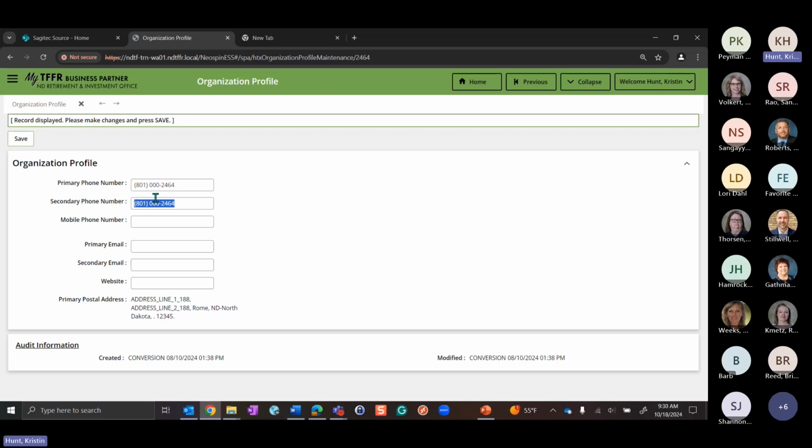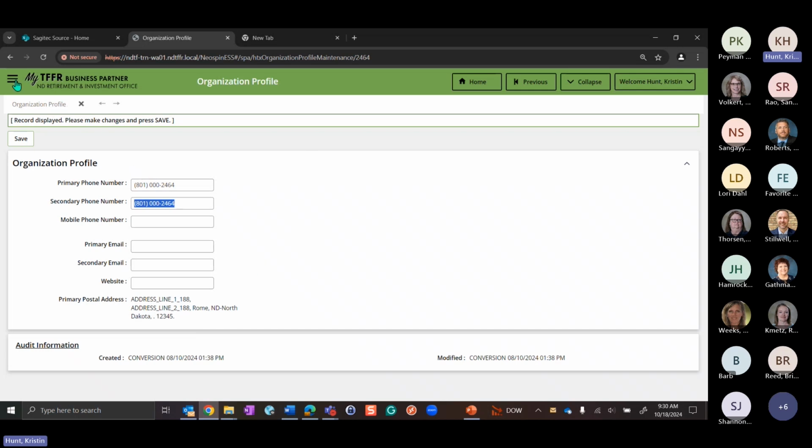So, your primary phone number, secondary phone number, if you wanted to add a mobile phone number for the organization, primary email, secondary email, and website. The address gets updated somewhere else. I'll be touching on that in a second, but this is where you can update and view that information. So I just wanted to show that really quickly.